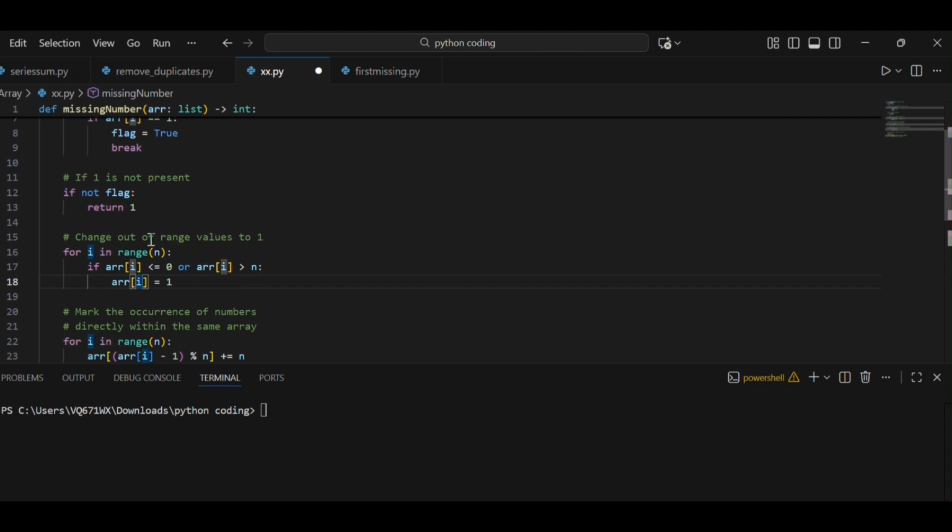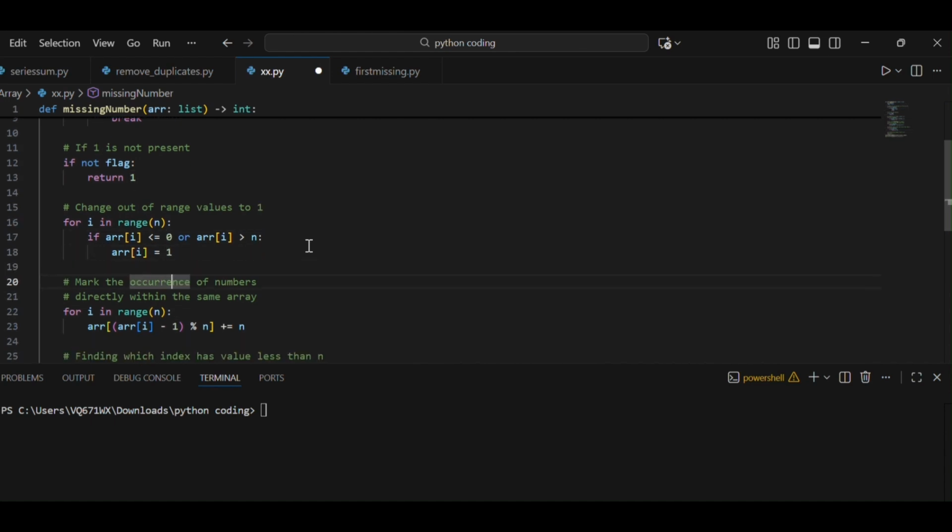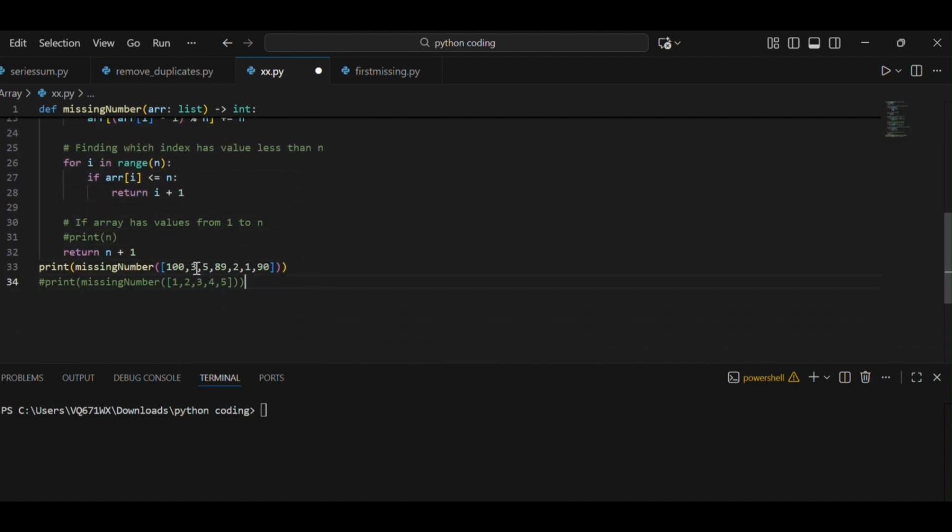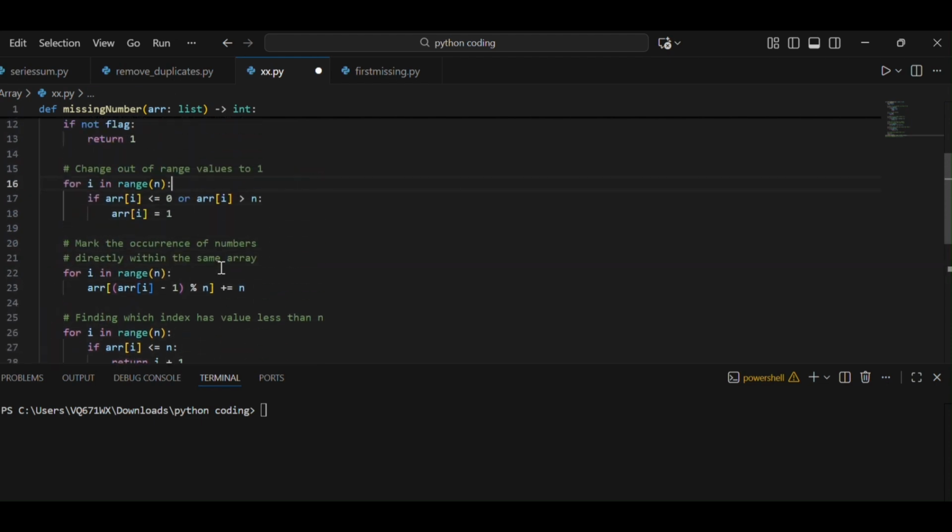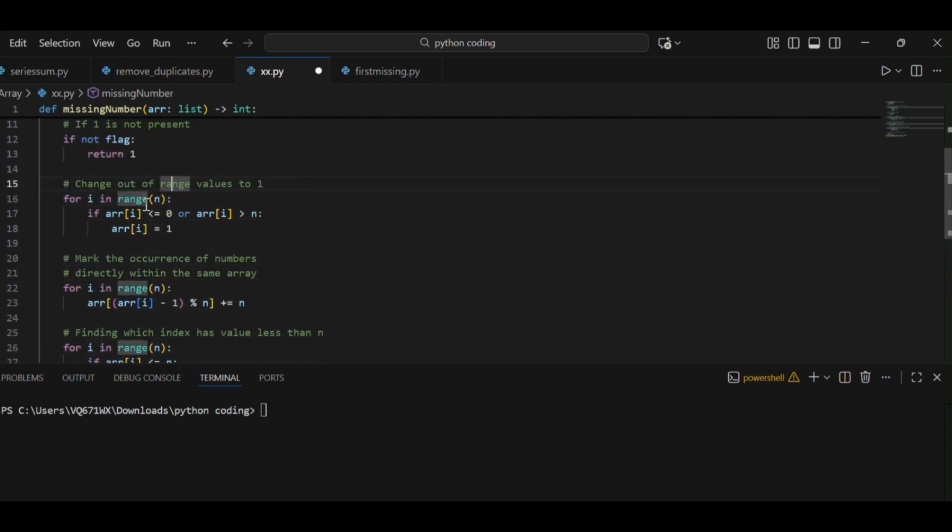So for this I will check the out of range values. Out of range values means negative numbers and numbers greater than the length of the array. For example, in this list the length is 7, but the highest values are 100 and 90, 89. So I will set those values to 1. The condition is: if array of i is less than or equal to 0 or greater than n, then I will set those values